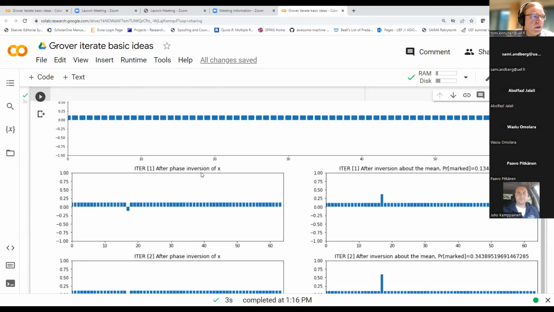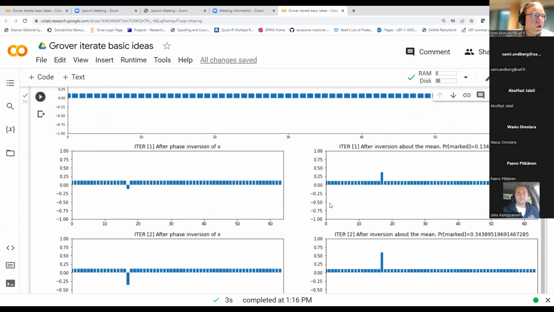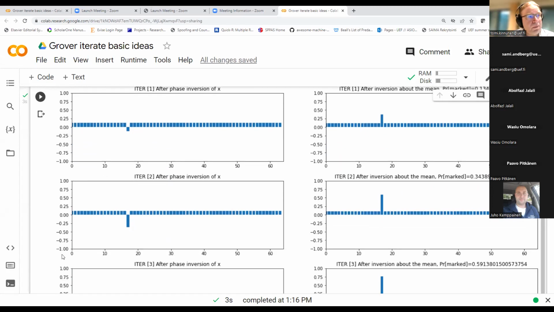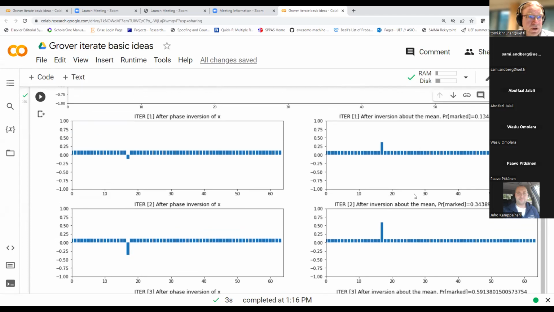Here you can see on the left-hand plots after the phase inversion, this one now gets flipped in sign. After the second step, this one gets back up here, and the probability of that item is now something like 13%. And then you simply continue. Do the phase inversion of that one, and then do the inversion about the mean.